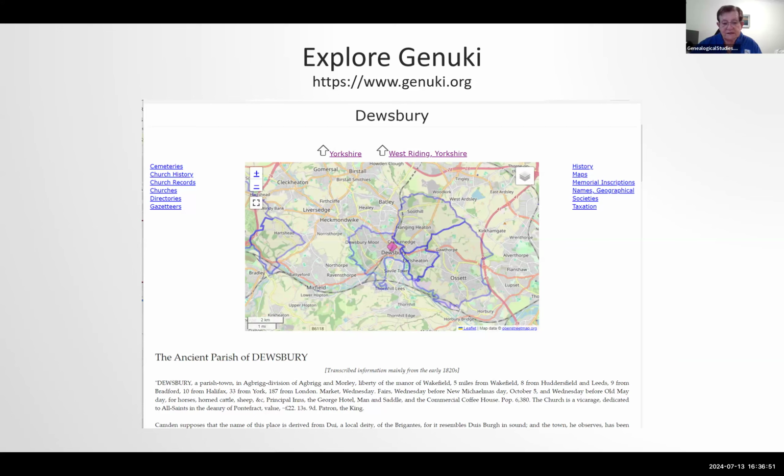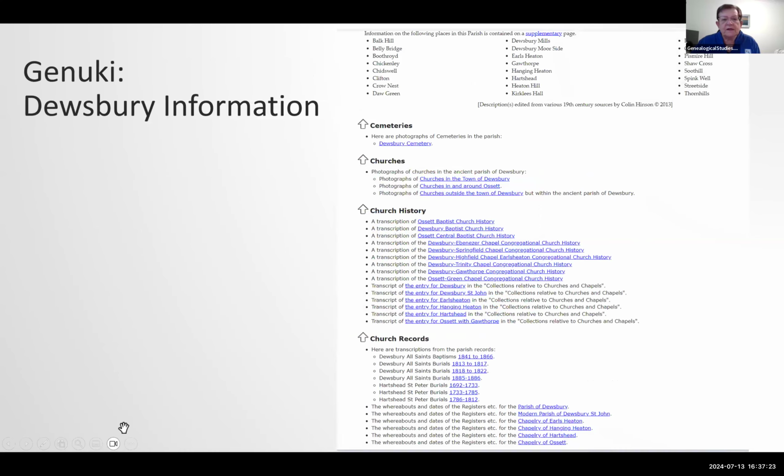And this description gives us the church is a vicarage dedicated to All Saints, so it's the Church of All Saints. The deanery is Pontefract, and it gives you the value of it, which is £22. That's quite a high value on this parish, this parish church. There's a lot more underneath this particular description. Let me see if I can get to it. Right. If I carry on underneath, what I've got is